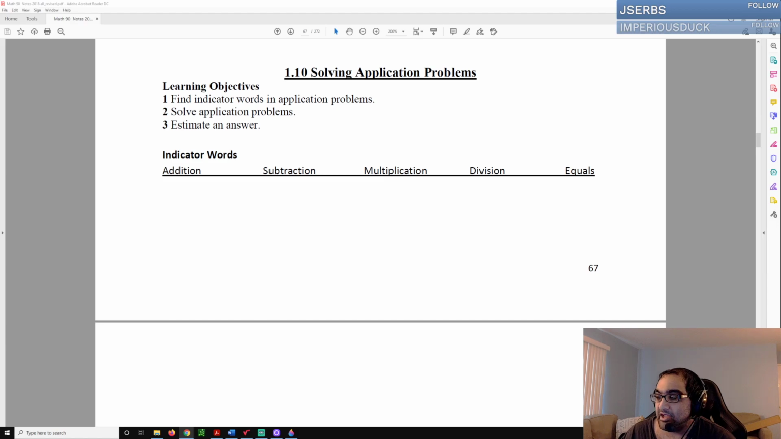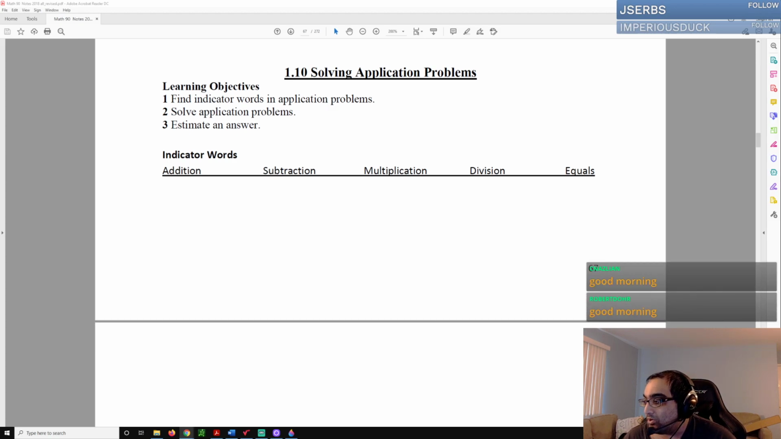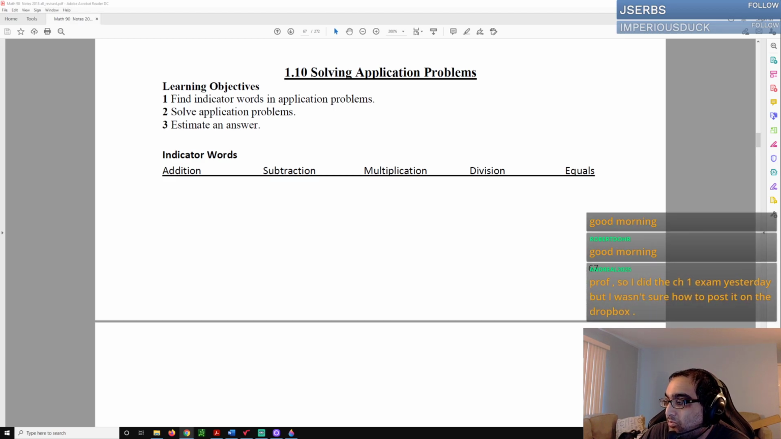Today, as you can see up here, we're going to be dealing with application problems, aka word problems. I know it's not something that many people like, but what we're going to go over is finding keywords in application problems and being able to solve those application problems. Good morning, Chris. Robert, good morning. So one of the things that we talked about before when we talked about word problems,